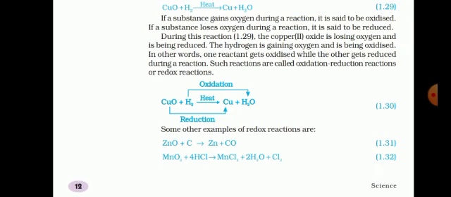That is ZnO plus C. So you can just have a look at these examples so that you can understand this redox reaction better. Remember that in a redox reaction, both oxidation and reduction take place at the same time. If reduction happens, oxidation will happen. If oxidation happens, reduction is going to happen. So that is your redox reaction. Let's have a look at these two examples given below.